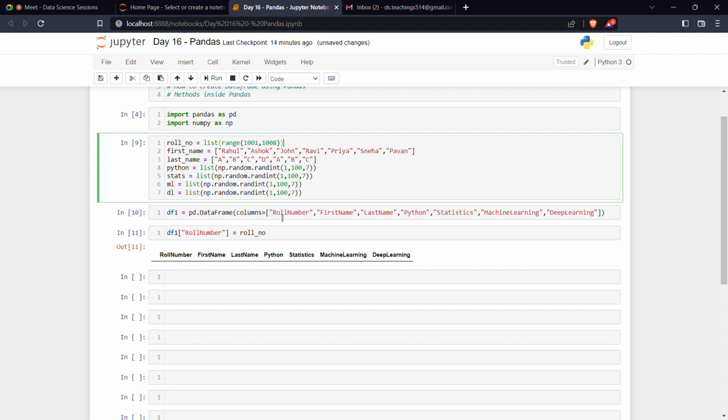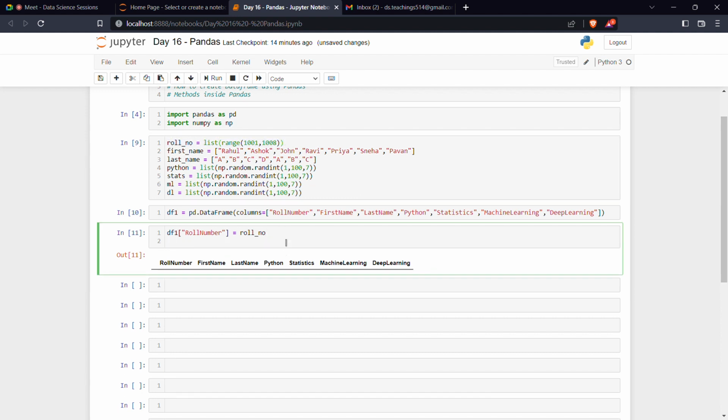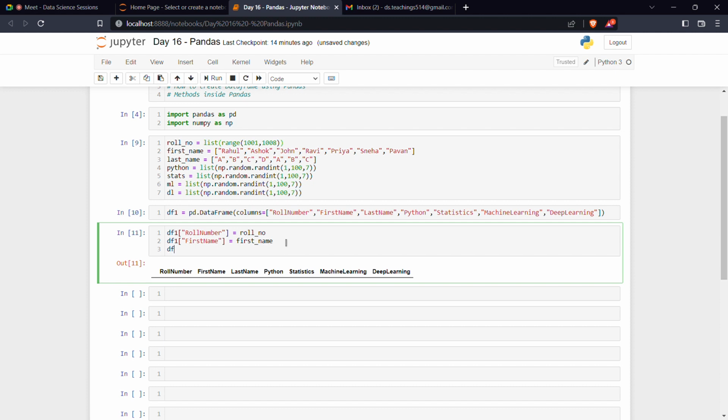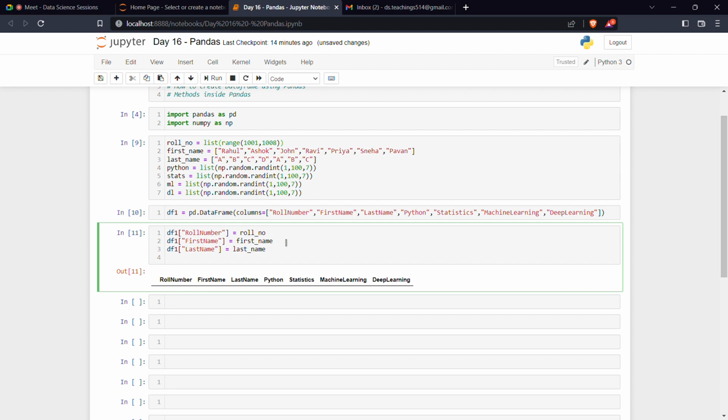Similarly df1 of first name: call that first name variable which we have created. Then df1 of last name, and df1 of Python, which will be